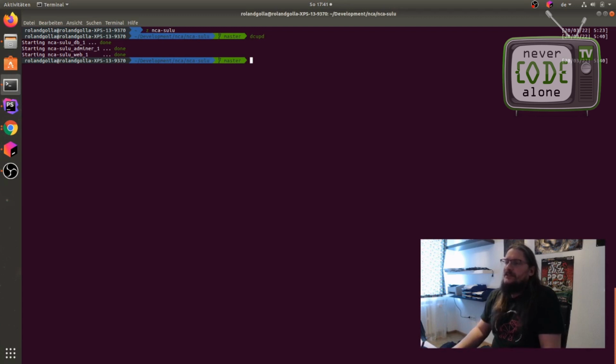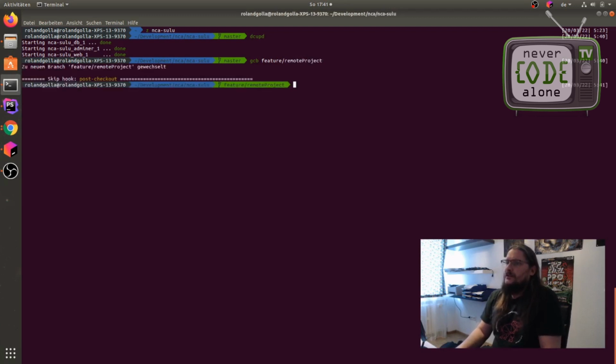The next thing I have to do is to make a branch for the actual task. So I say git checkout branch feature, and we have here our remote project. Okay, now I can develop things here.